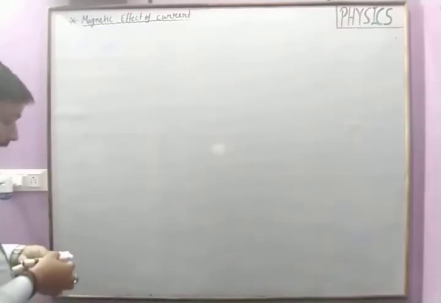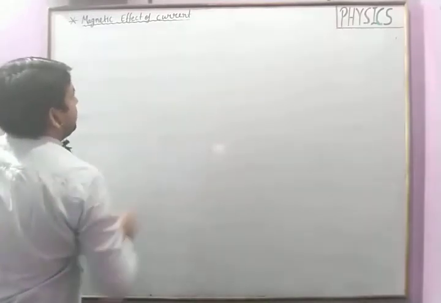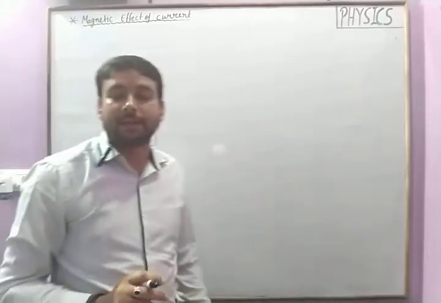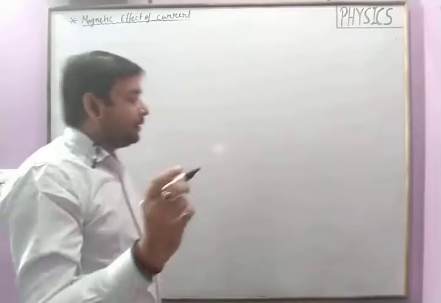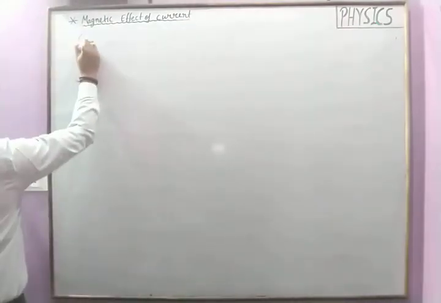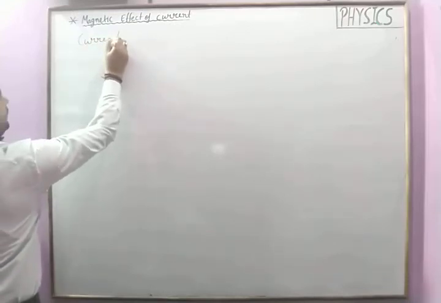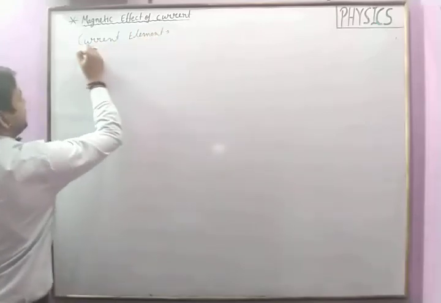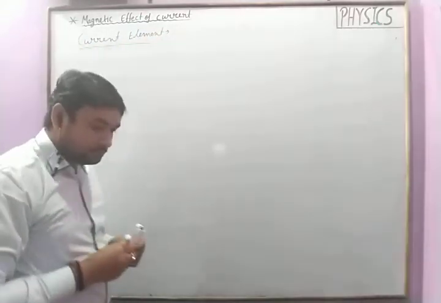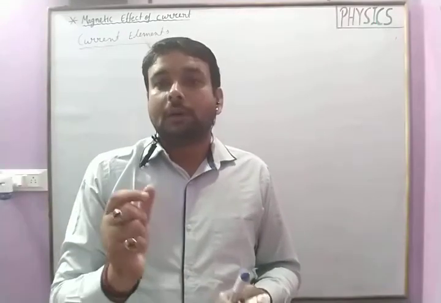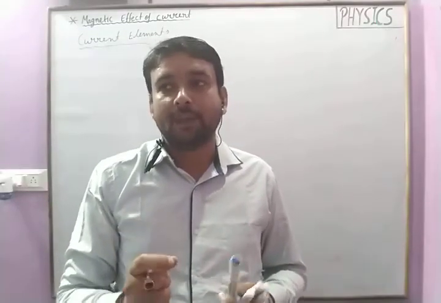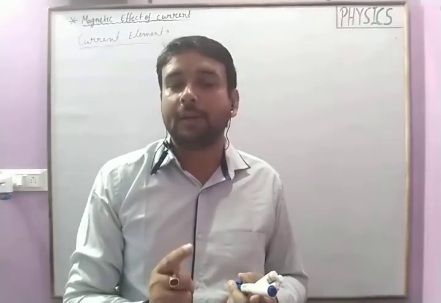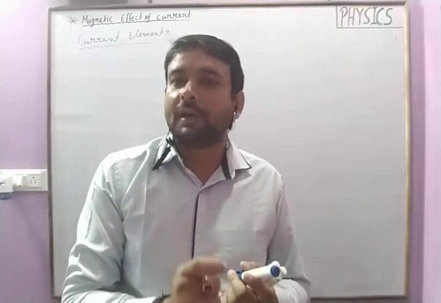Okay, for the Biot-Savart law we are using a quantity that is known as current element. Let us understand that quantity, current element. So what is this? Okay, current element is a line segment that is given by the product of the current carrying the wire and the segment of the current carrying wire.